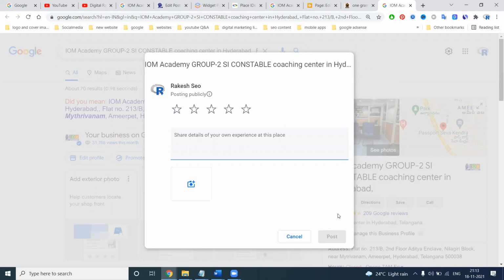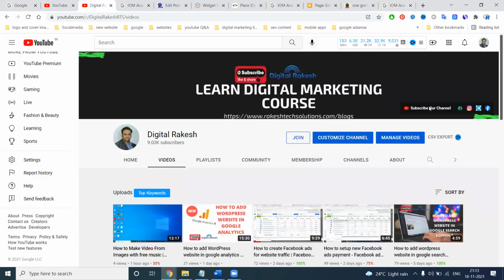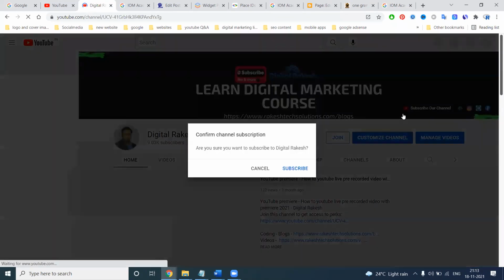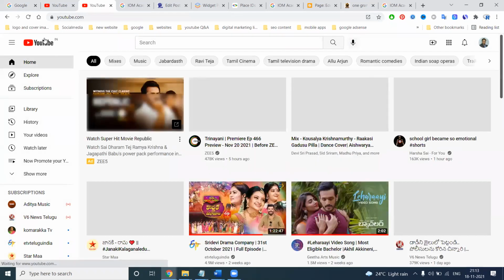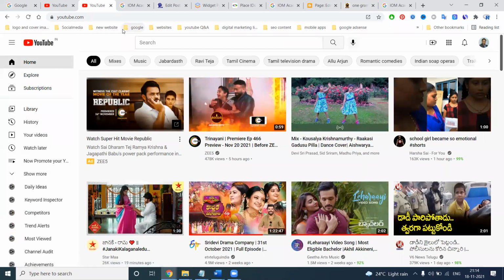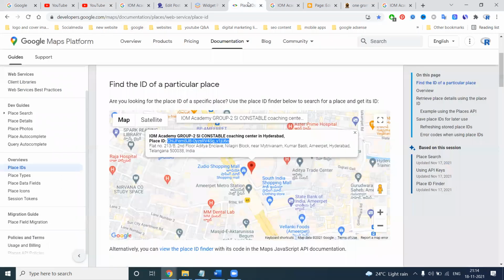This link will be valid for any first-time new user. I'm trying it with my user, but it's not showing. When a new user comes, the Google review option will show. It's the same as how a new user coming to a YouTube channel sees a prompt. The same will show for the Google review option. Is it clear? This is nothing but a direct write-a-review option using the Google API place ID code. This is a particular code for generating the Google place ID option.